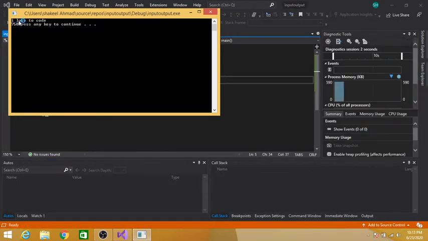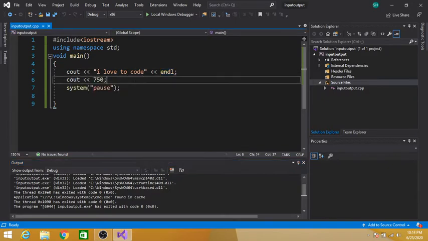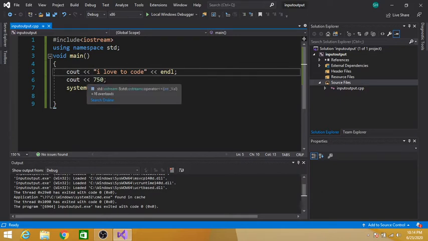See here, I love to code and 750 on the next line. endl is used to start a new line. What is the syntax? The cout object, then the insertion operator, then any message you want to show on the console window. This cout object sends this message to the console window.